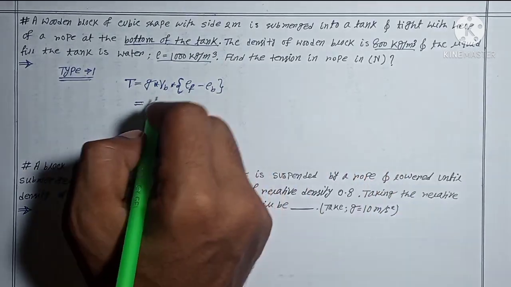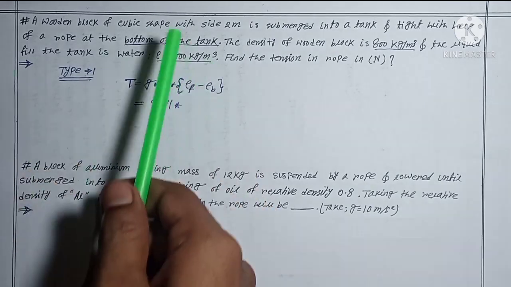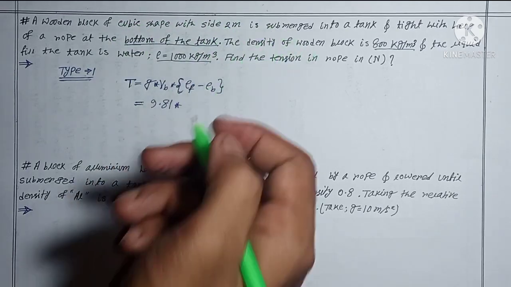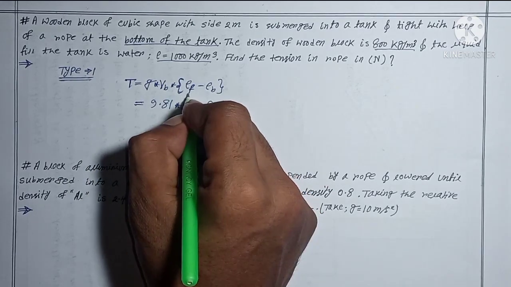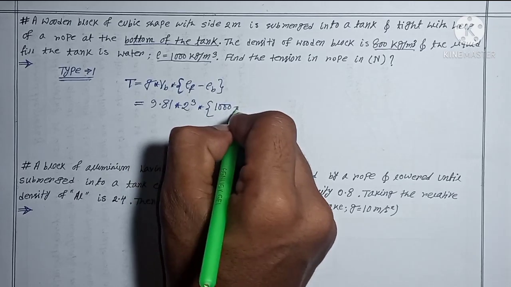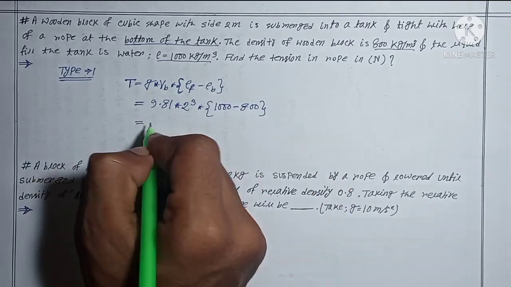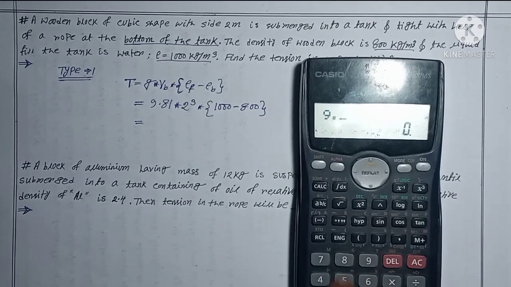So here G, nothing is said, so 9.81. And volume: the shape of the block is cubic and the side is 2 meter, so simply 2 cube is the volume of the body. Here the density of the fluid is 1000 kg per meter cube, and the density of the body is 800 kg per meter cube. So let's solve it with the help of a calculator. 9.81 into 2 cube, which means 8, into 1000 minus 800, which means 200. So we are getting